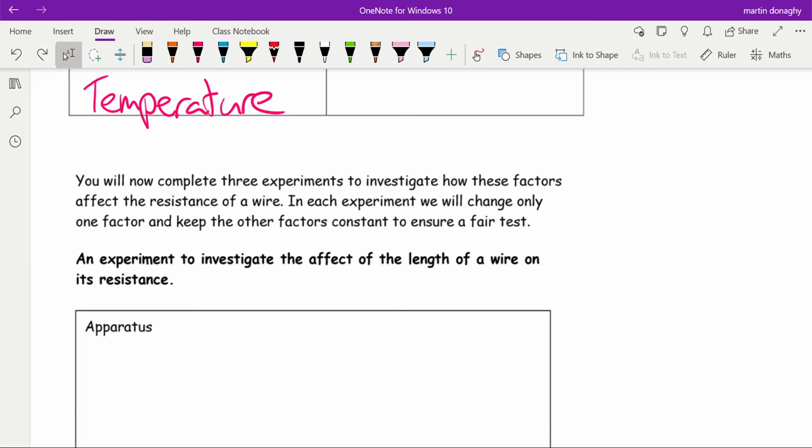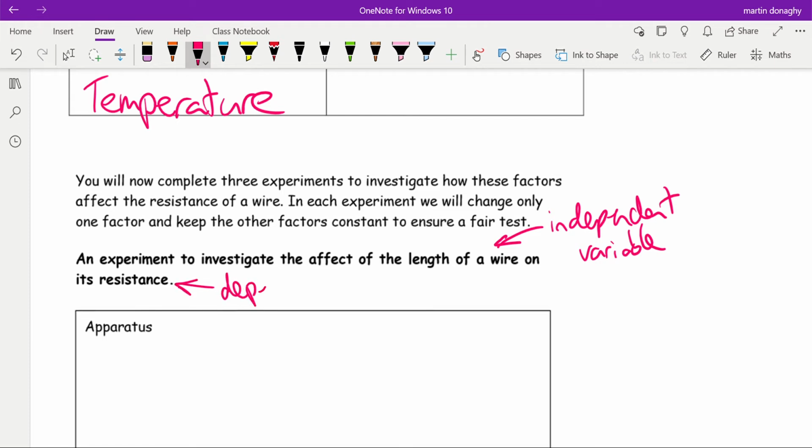So in this experiment, we want to see how the length of a wire affects its resistance. If we look here, the length of the wire is going to be our independent variable. That's the thing that we need to change. And we need to measure its resistance. That's our dependent variable. And we want to build from that statement an idea of what this experiment is going to